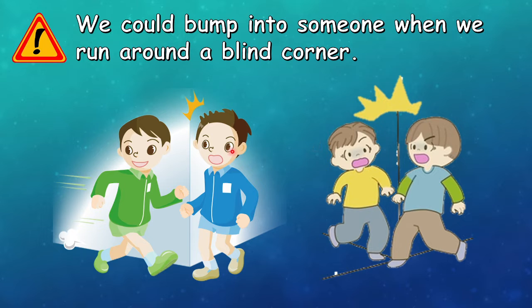Okay, look at here. What if this boy is holding something sharp and then you bump into him? So he might stick the sharp object into your body, right? That's very dangerous. Same with cars, motorcycles, and bicycles. Sometimes they just go fast and turn. They didn't know someone is coming on the opposite side, right? That could be an accident too.